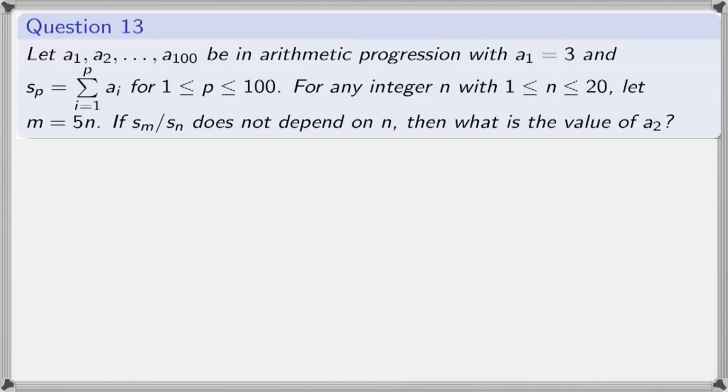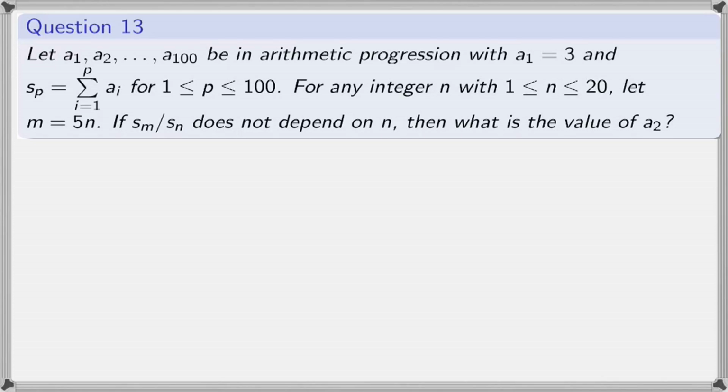Let A1, A2 up to A100 be in an arithmetic progression with A1 being 3, and let us call the sum over I running from 1 up to P of AI as SP, for all 1 less than or equal to P less than or equal to 100. For any integer n with 1 less than or equal to n less than or equal to 20, we take m to be 5n. Then if Sm by Sn does not depend on n, we shall find out the value